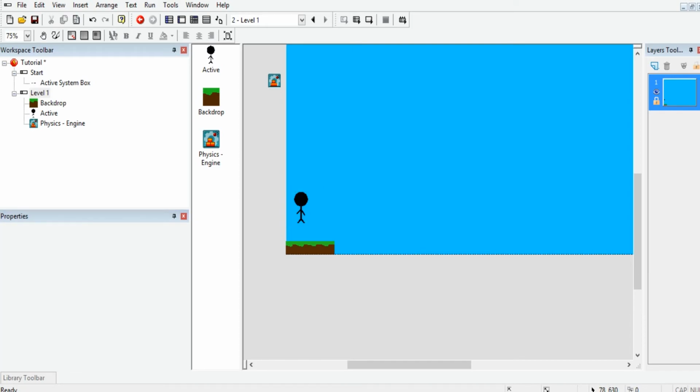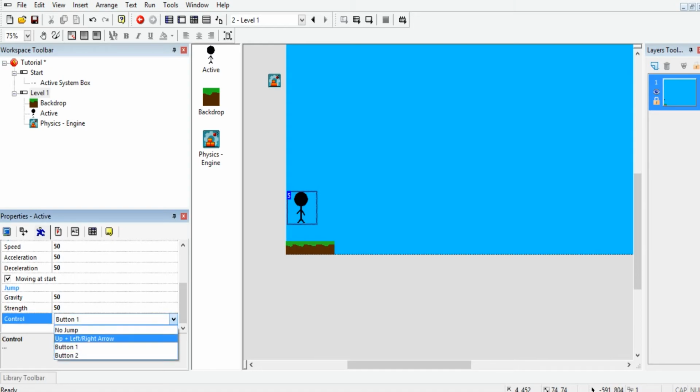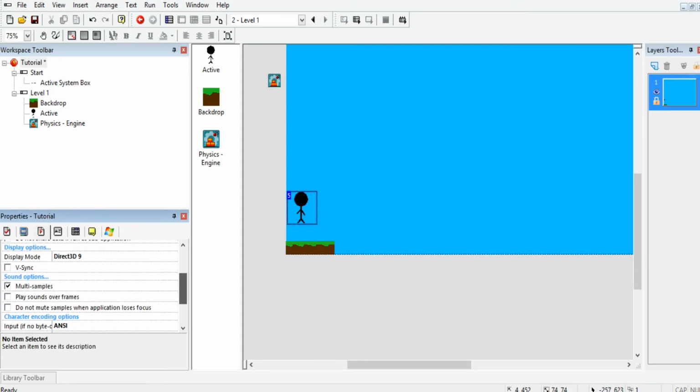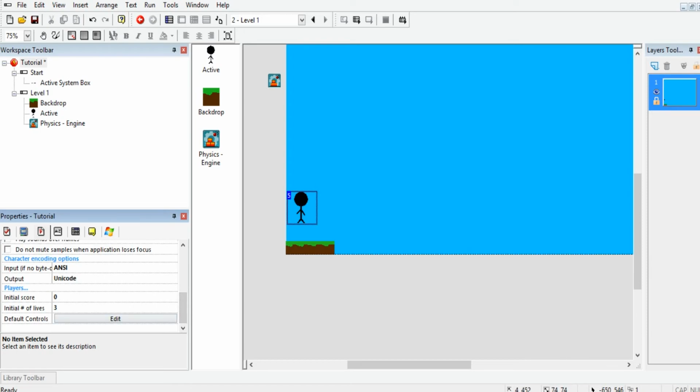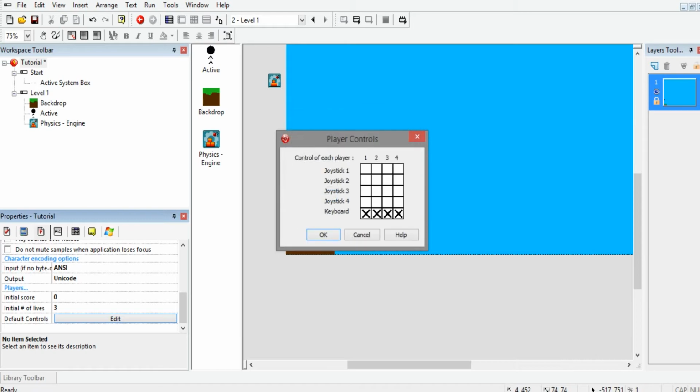And one thing, the annoying thing, is when you go down to here, you sometimes have to change moving to be jumping. So I'm gonna do that. To fix that, you go back to tutorial. Go down here to this little play button, go to default controls, go to player 1, and button 1 will be up arrow. So once you go back here,